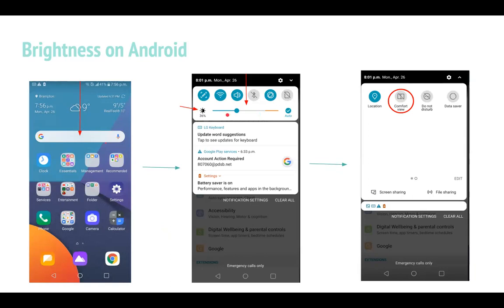And for additional options, you can once more slide your thumb from the top of the screen to the middle of the screen. It's going to show you more options, such as in the rightmost image, you would see there's comfort view, which what it does is if it's at night and you're reading something and you want it to be a little easier on your eyes, it's going to give